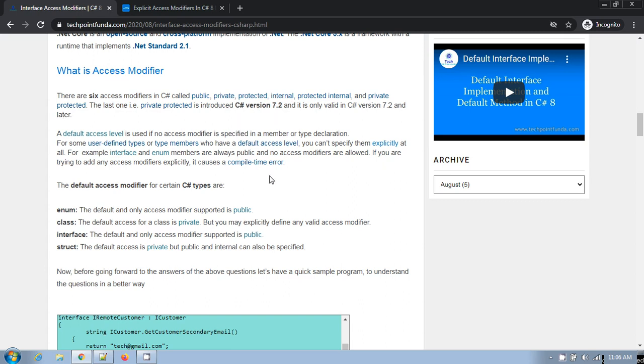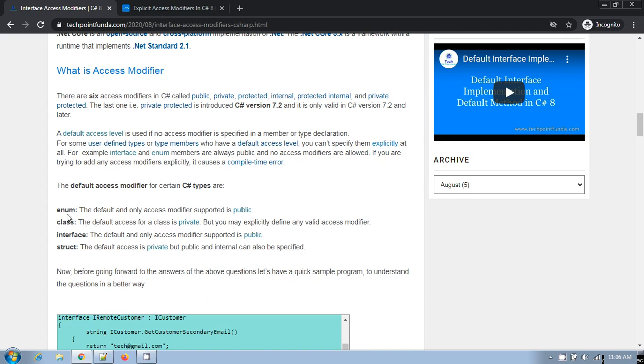And the default access level is used if no access modifier is specified for any member. For example, if you remember, in earlier versions of C Sharp interface, all the interface members are public by default. You cannot specify any explicit access modifier. If you try to do so, it will generate a compile time error.